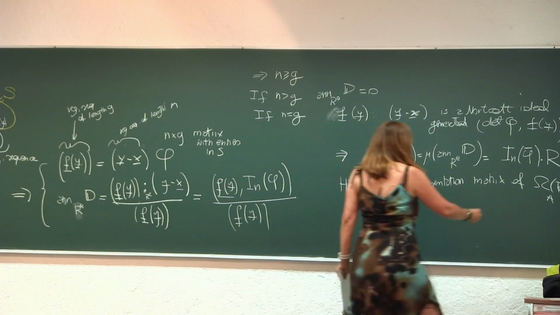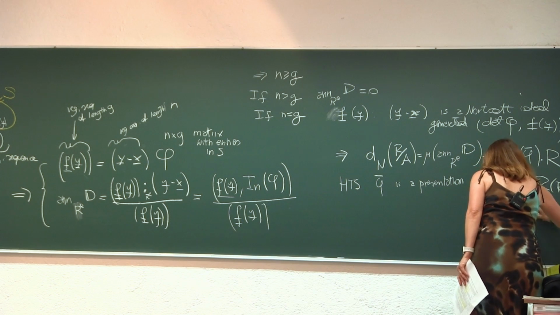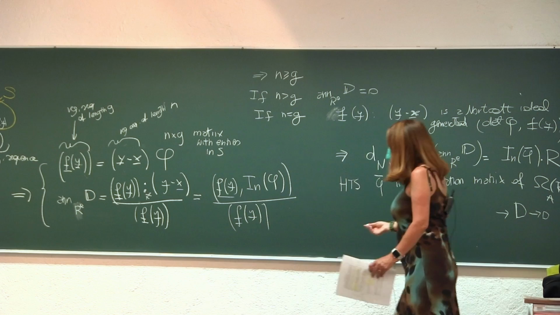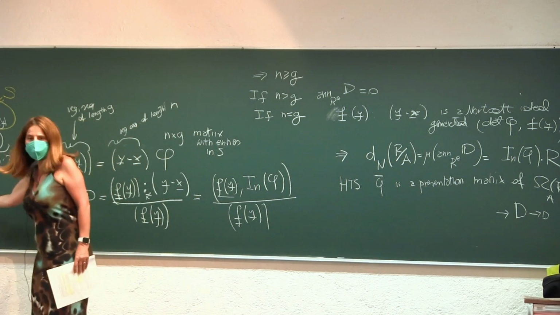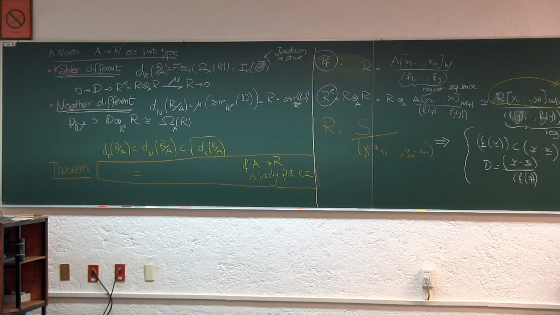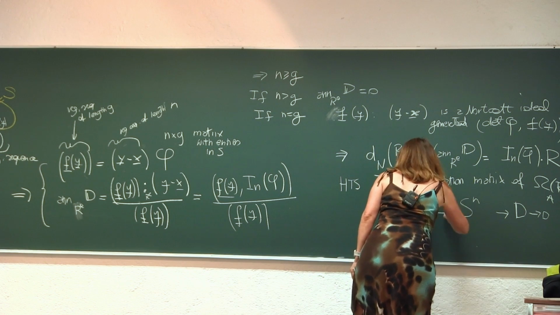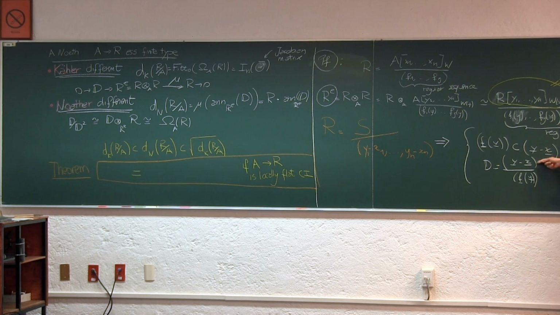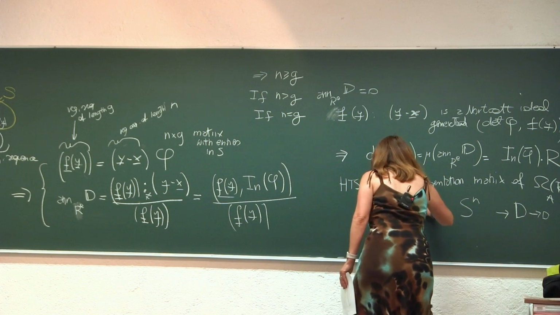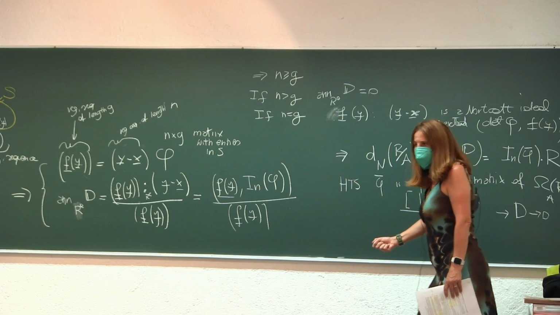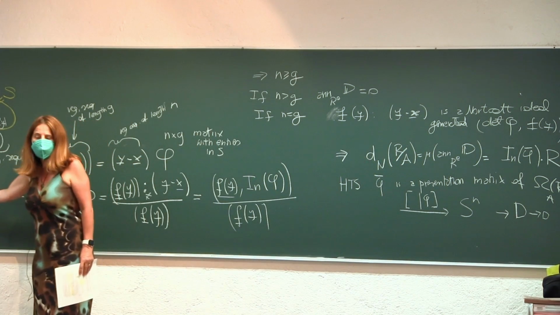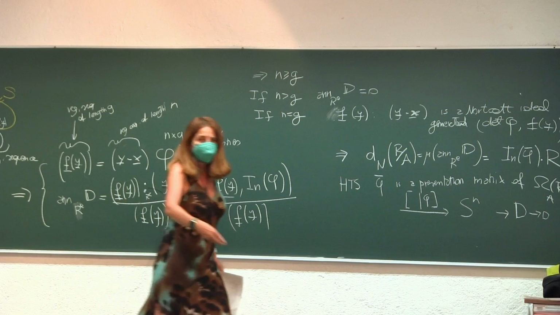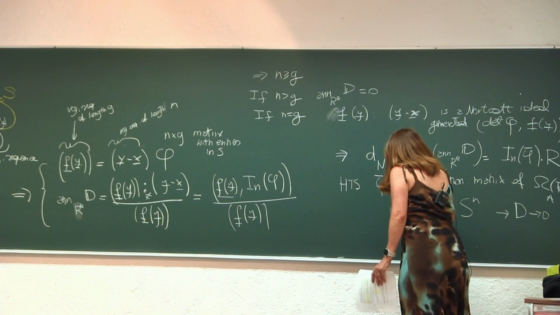So how do we compute a presentation matrix? I can compute it via a presentation matrix of D and then tensoring, okay? And I can get a presentation matrix of D because D is this nice thing. So it's easy to write a presentation matrix of D. So let me do that. I don't know if you ever did this, but this is a very nice exercise. So D, in theory, is generated by these guys, and there are n of them. So I need S to the n, okay? And then which matrix do I need to present it? But the syzygies are given by what? Are given exactly by the stuff that sends f of y inside here, the transition matrix, which is our matrix phi,